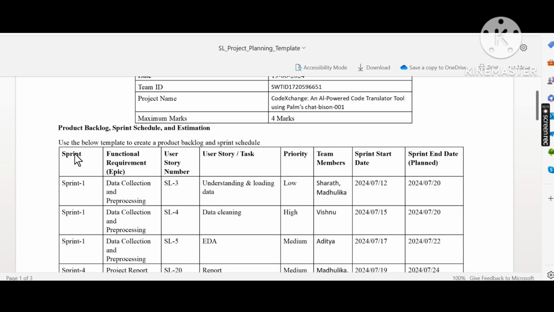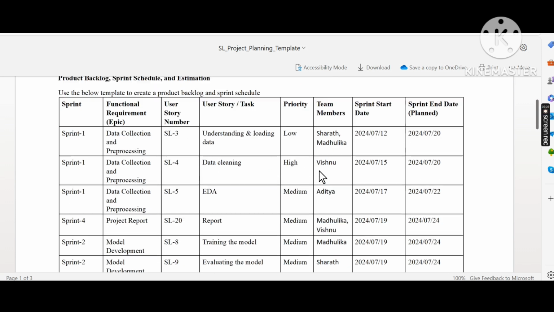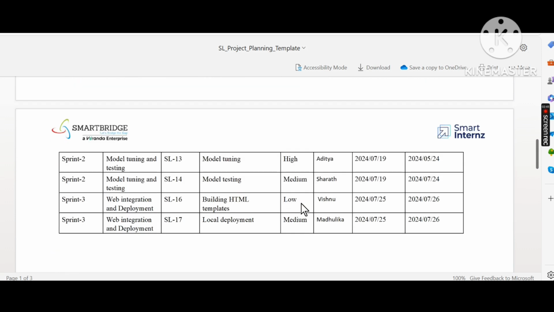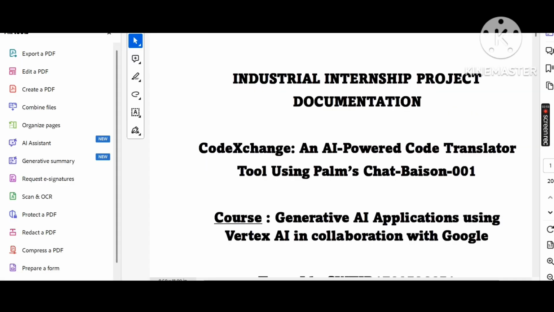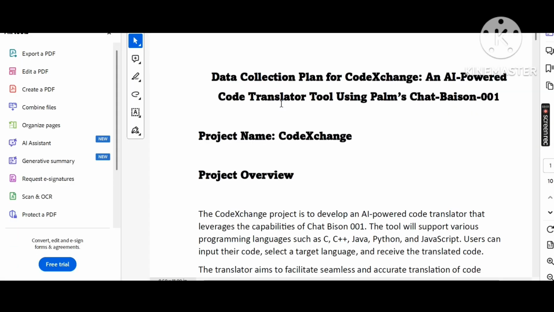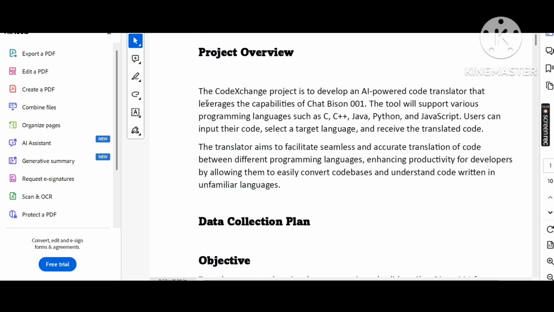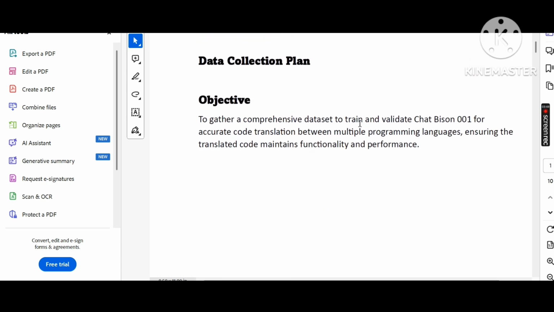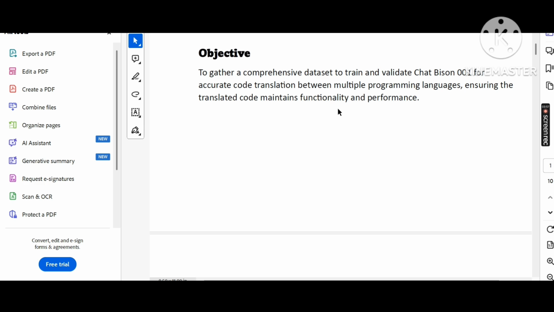This is the planning, which includes a sprint, functional requirement, user and priority, team members, and other data. In this data collection planning of the code using Chat Palm Chat with project overview, code exchange development, the project overview includes the code of the project, the data collection plan, the objective, together with the complete data set, and the